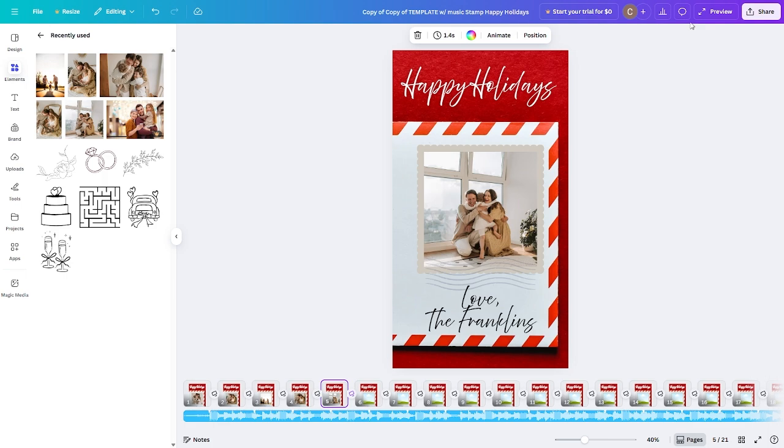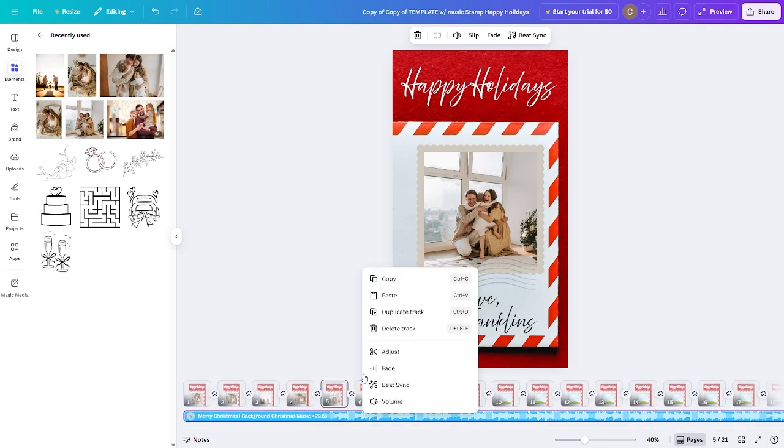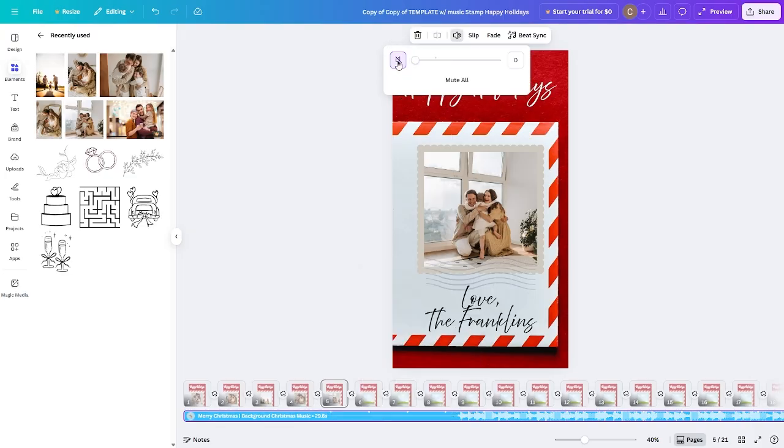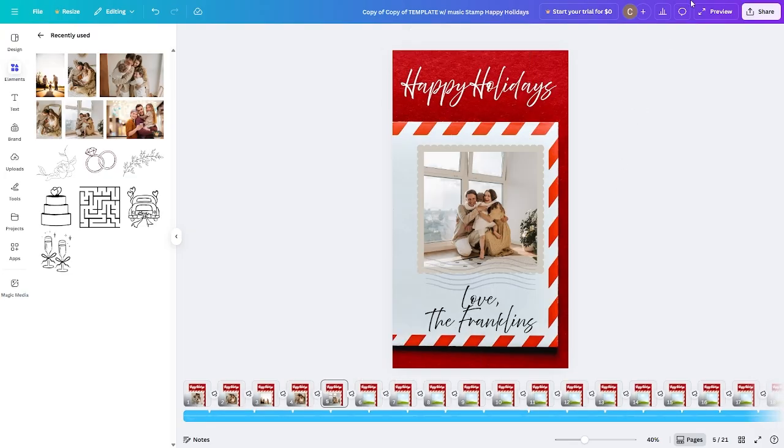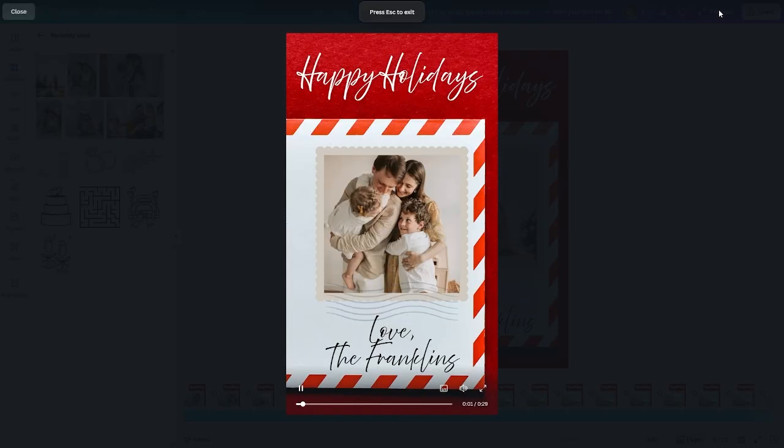So I'm going to do a preview and then I'm going to call something out. But before I do this, I'm going to turn the volume down. I have this with music. I'm going to turn that off for right now, but we'll come back to that in a moment. But if you go to preview,